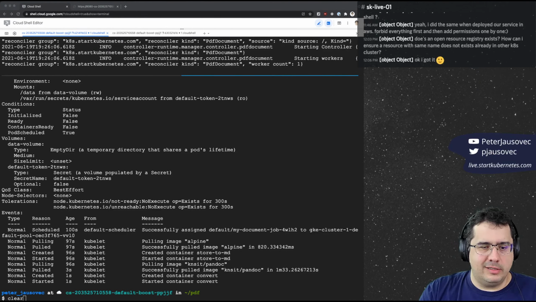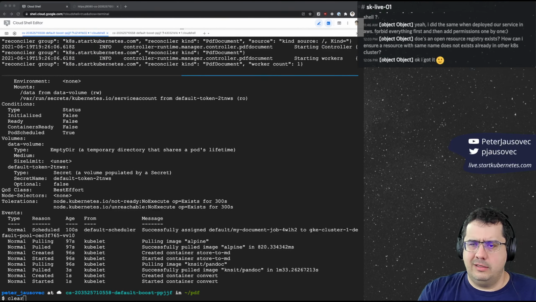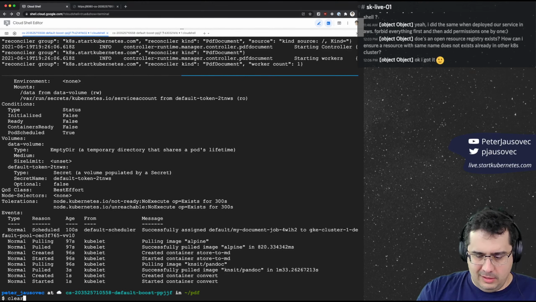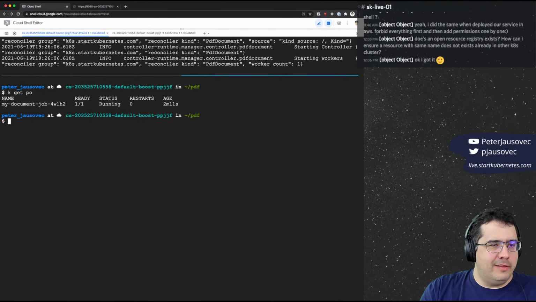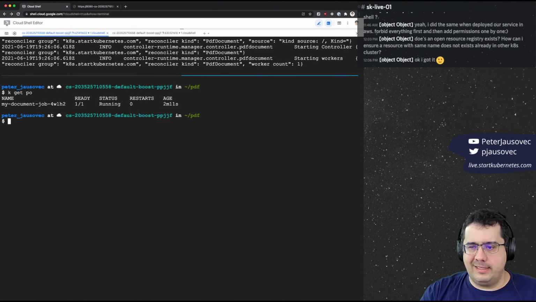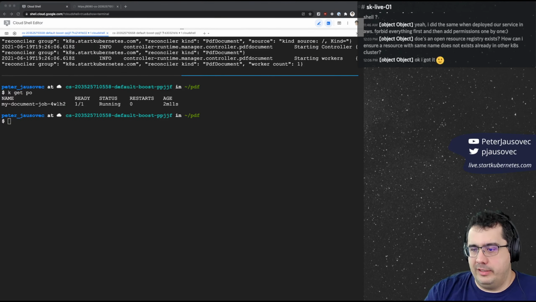Anyone care to guess? PdfDoc, let's see. Oh wow, it's 1.3 gigabytes. I guess that's why it's so slow. All right. I think the pod is running now, which means that this conversion probably